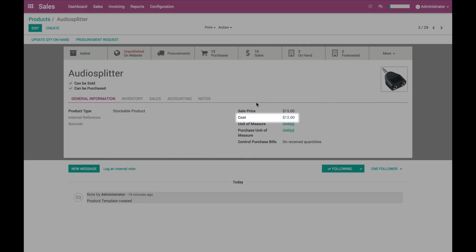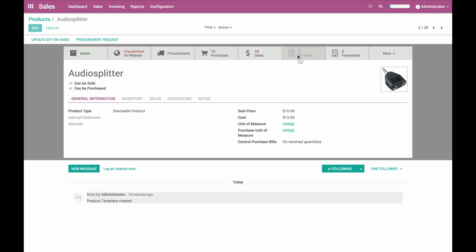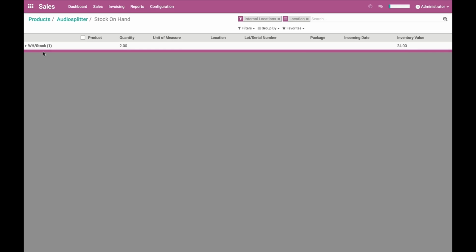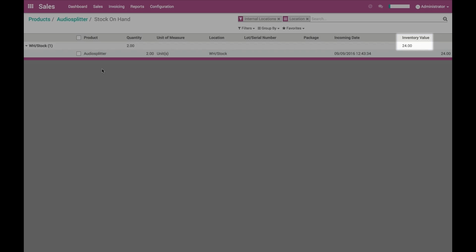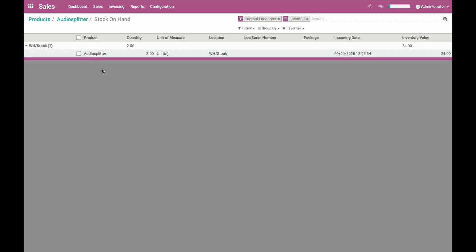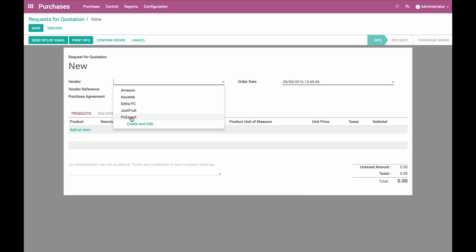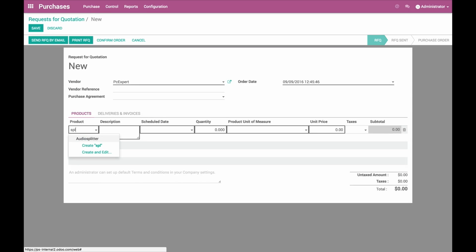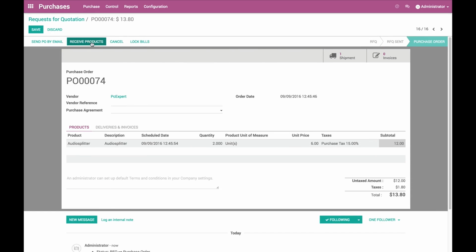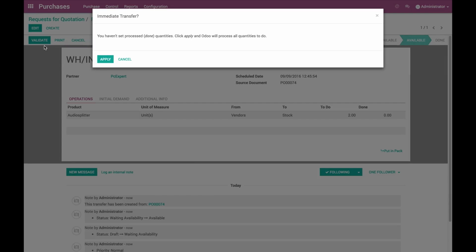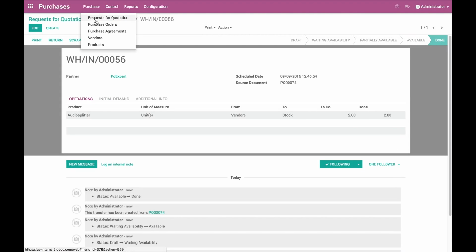Here we see that the cost price hasn't changed. Opening the quantity on hand, we see that our 2 remaining units are valued at $12 each, for a total stock value of $24. And now let's make one last purchase to see how the value changes again. We'll create a new RFQ, add a vendor, add our product, quantity of 2, at a unit price of $6. Then we'll confirm the order, receive the products, validate, apply, and then go back to the product form,